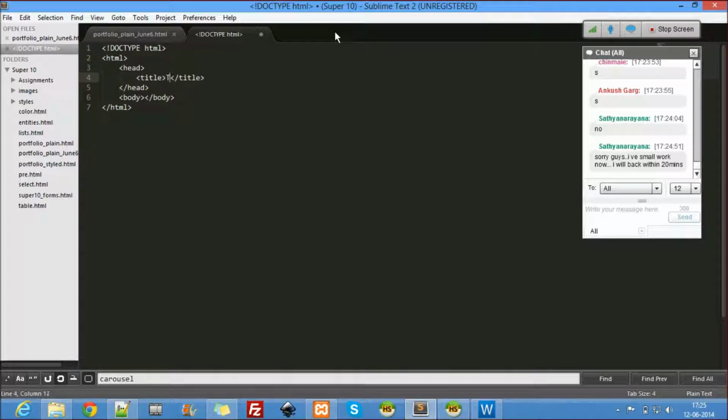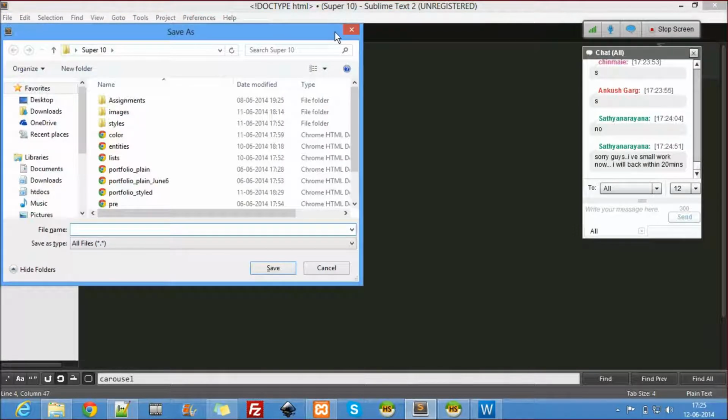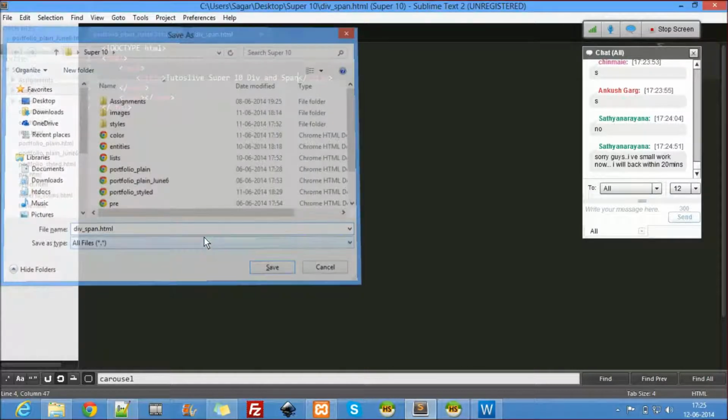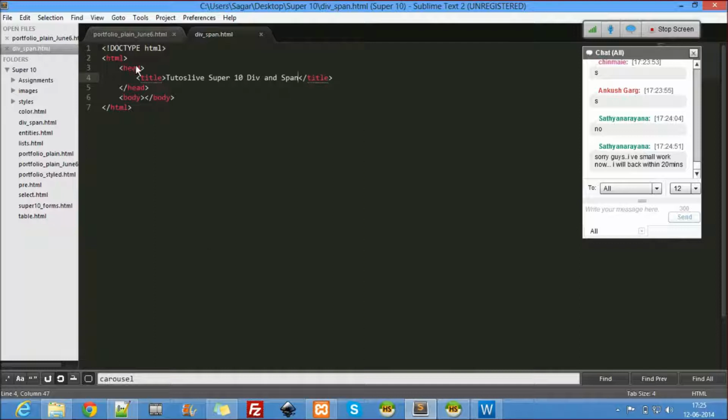The title is Tutus Live Super 10 div and span. And save. Even if I save, it goes to the folder. So this is div underscore span.html. I'll be asking a few questions, so be careful. Just watch what I'm really doing here.